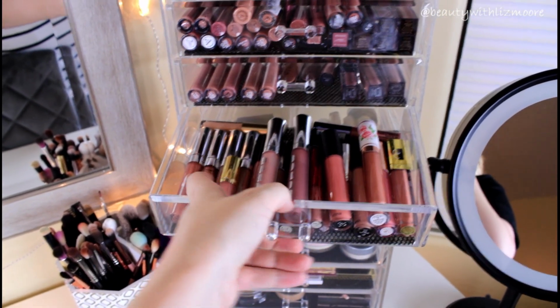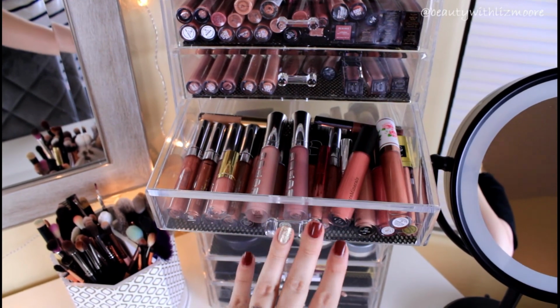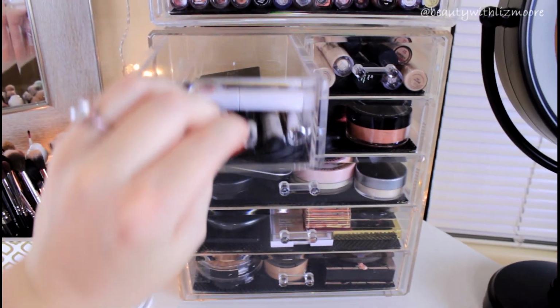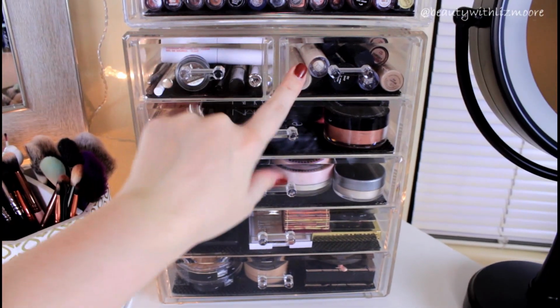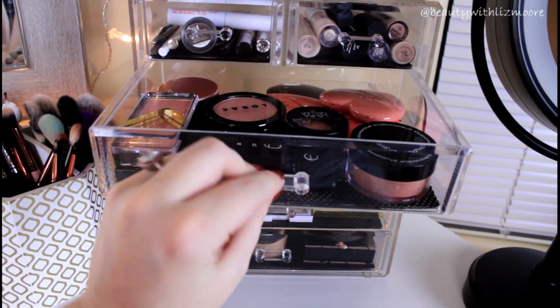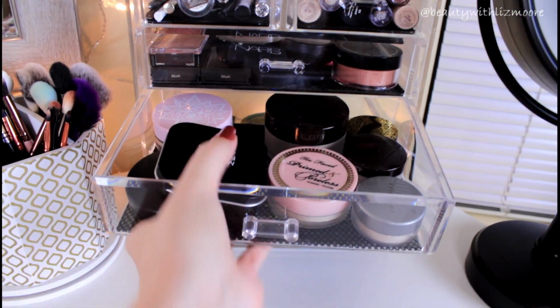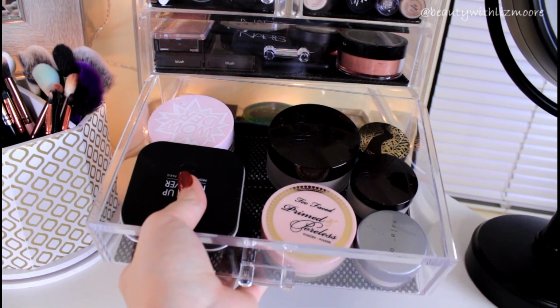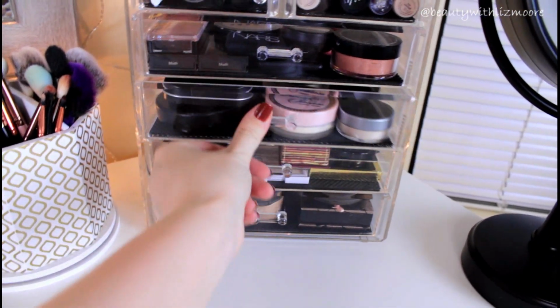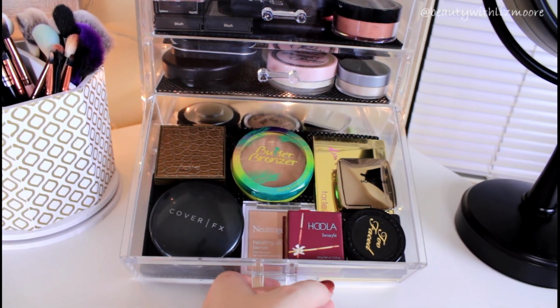I have some Buxom, again some ColourPop, some Pretty Vulgar, Gerard Cosmetics. And then in this bottom one, I have my eyebrow products, my concealers. This holds my single blushes. This holds my powders, my Makeup Forever, my Laura Mercier, Too Faced. This holds my bronzers,